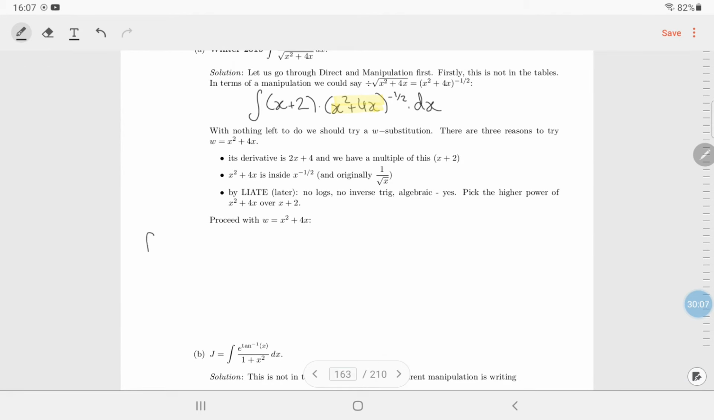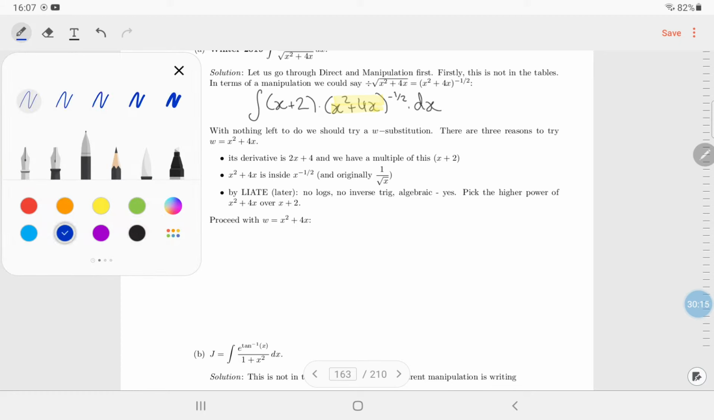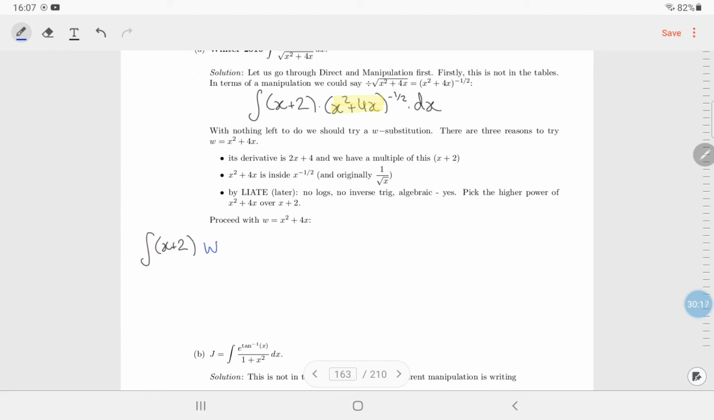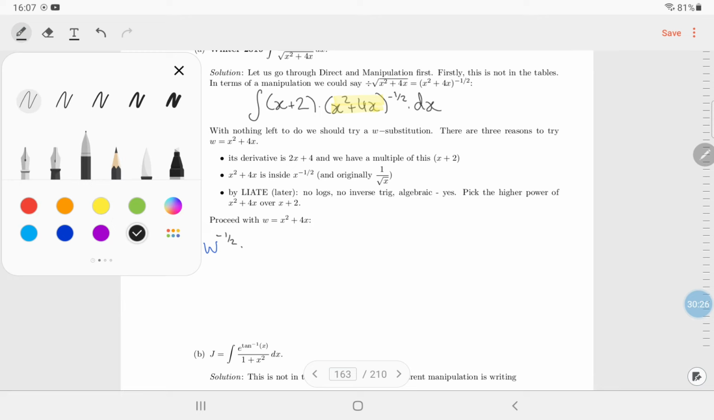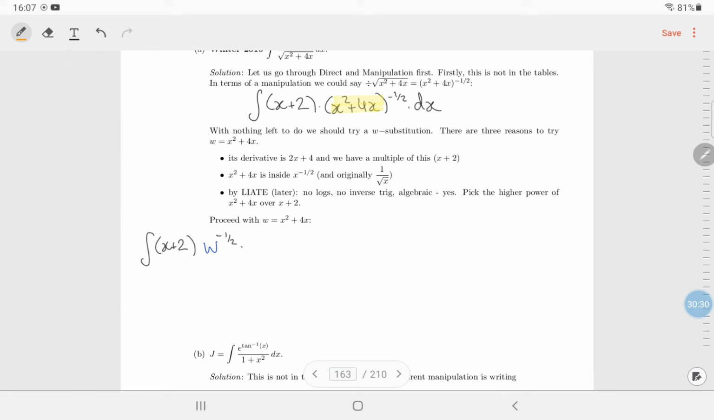So you get the integral of x plus 2 can just sit there for the time being. The x squared plus 4x is our w. It's to the power of minus a half. And now dx. Now what we need to do with the dx is we need to get a relationship between dx and dw. So take w is x squared plus 4x and differentiate both sides. So you get dw